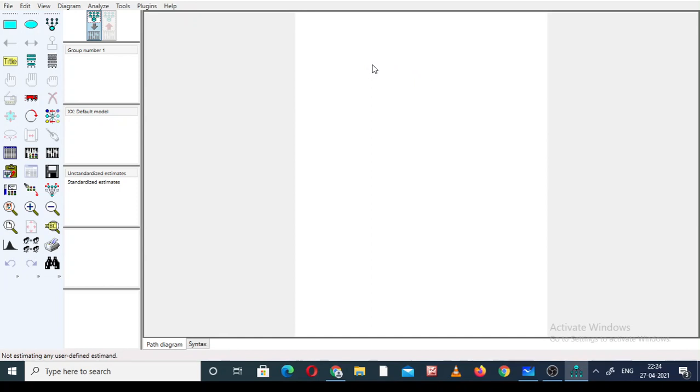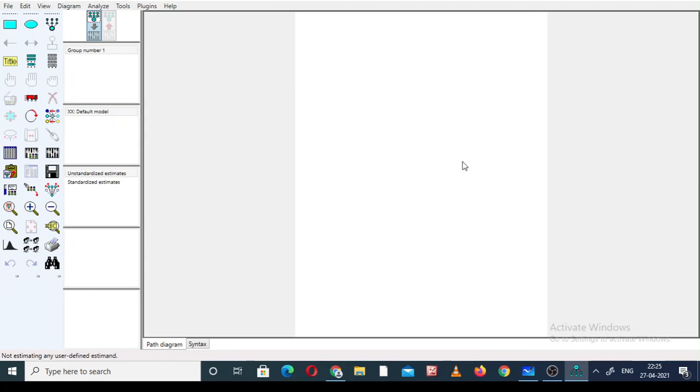If you are working on a commercial basis, I suggest you go for a license, the paid version. Otherwise, the free version is okay. If you are just doing a PhD and you require it only for your data analysis, and after completing your data analysis it is useless for you, there is no need to pay a huge amount. And if you are working on a commercial basis, then you require it at every moment, so you go for the paid version. So this is the framework.